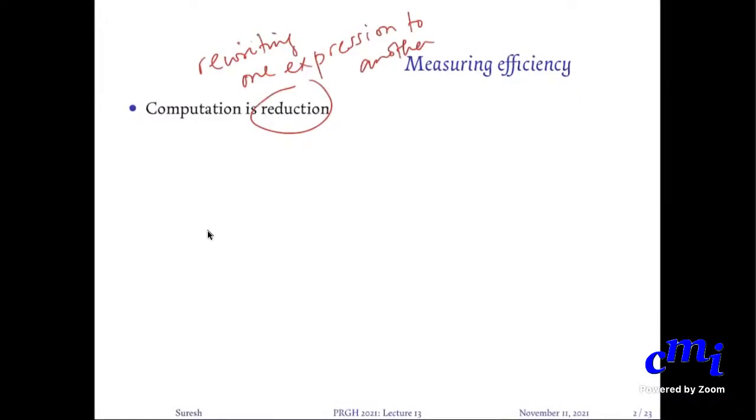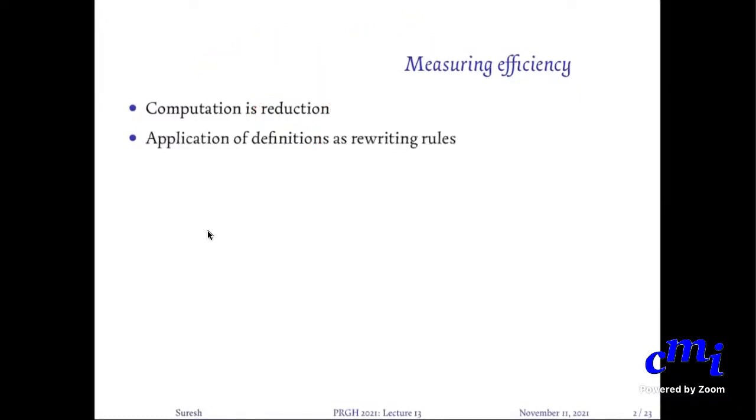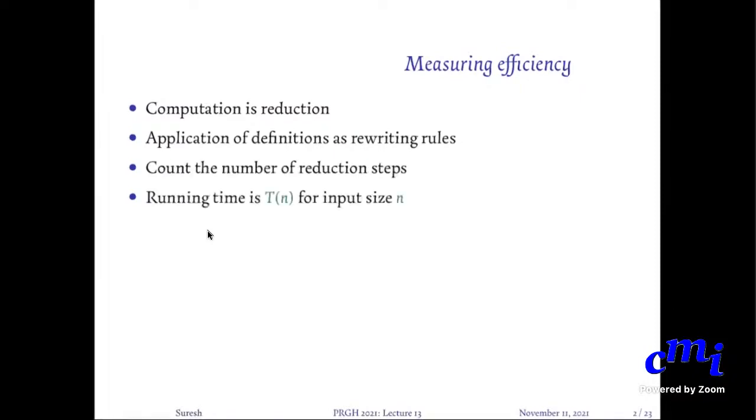So you apply definitions as rewriting rules, and the rules might be built-in or user-defined, and you basically count the number of reduction steps, and the running time you express as a function of the input size.